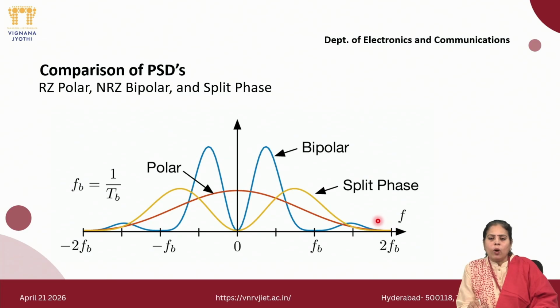So the option to use different line code formats will depend upon how much bandwidth we can spare for transmitting the line code formats. So we end our discussion on line codes here. In the next video, we will be talking about the problem of ISI and how pulse shaping will reduce ISI. Thank you.